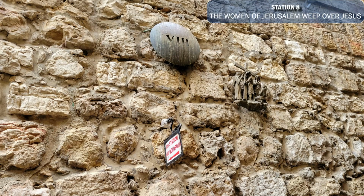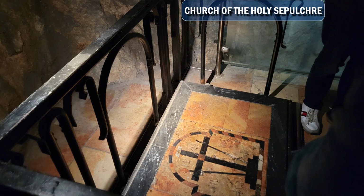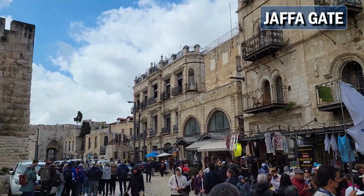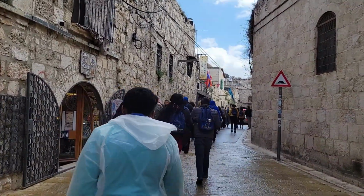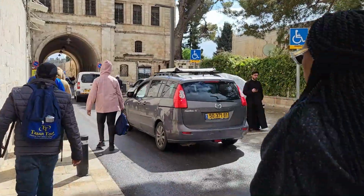We made our way onwards on the Way of the Cross to the Church of the Holy Sepulchre, which is believed to house the place where Jesus was crucified and buried. This here marks the spot where they found the 3 crosses. Then we went into the Jaffa Gate Square, which leads to the Muslim, the Christian, and the Armenian quarters. And we make our way to Zion Gate,